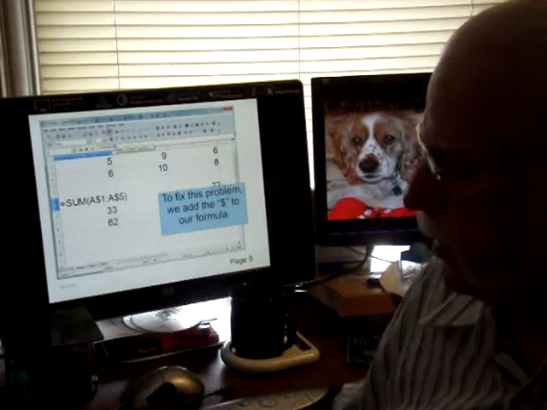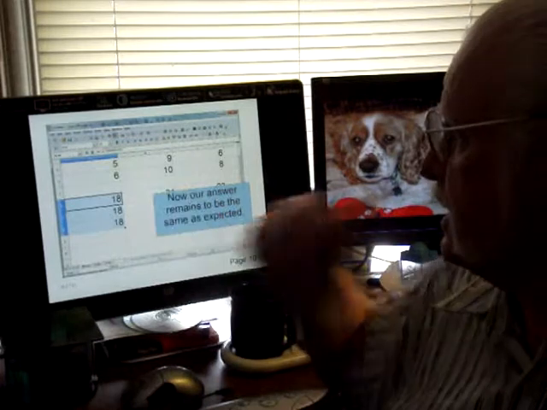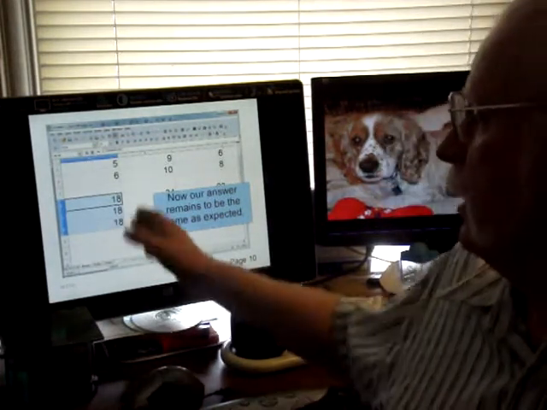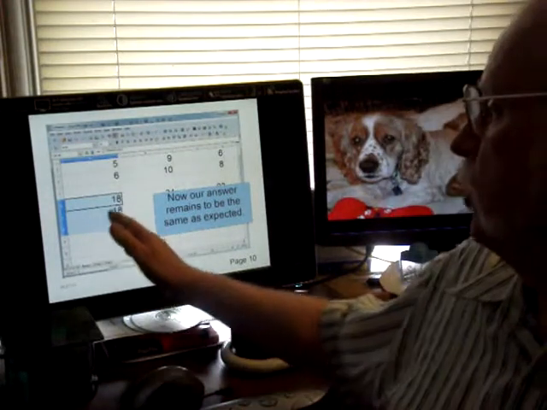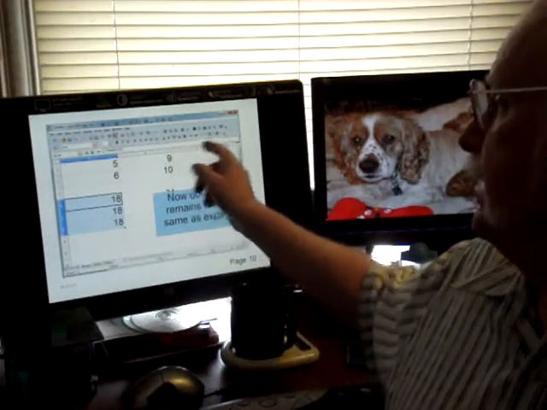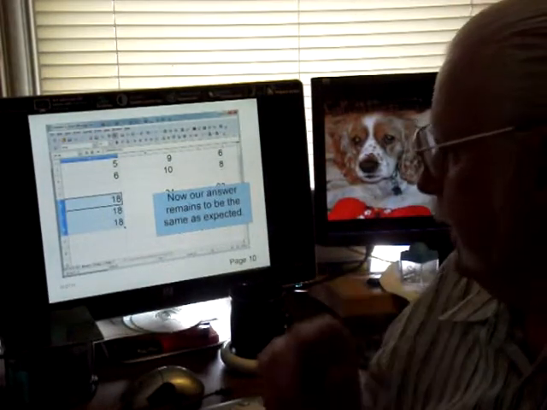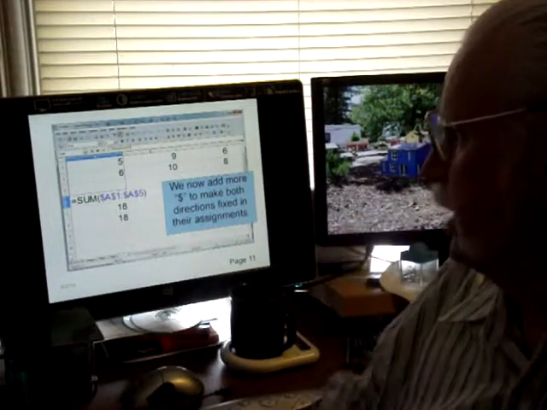So once we do this, we will be able to copy that formula down, and since the rows are fixed, we come up with 18 all the way down. If we were to copy it over to the side, the B's and C's will change. Okay? Now, if we wanted to include